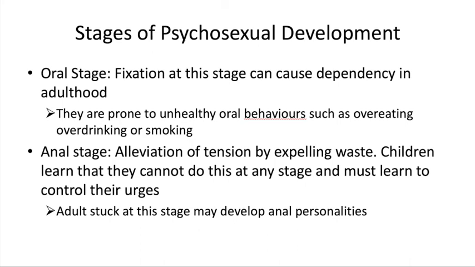For example, overeating or smoking or indulging in drinking or something of that nature. So if you get stuck in the oral stage, you develop some kind of an oral-related bad habit later on in adulthood. And if you get stuck in the second stage, for example, which is the anal stage, which happens anywhere from 18 months to 3 years of age, that could prove some difficulties in adulthood surrounding perfectionism and your tendency to be rigid, what Freud called anal retentive personalities.